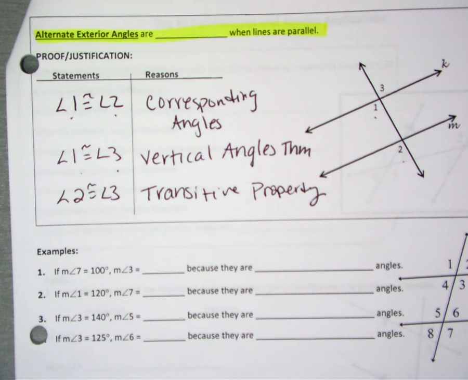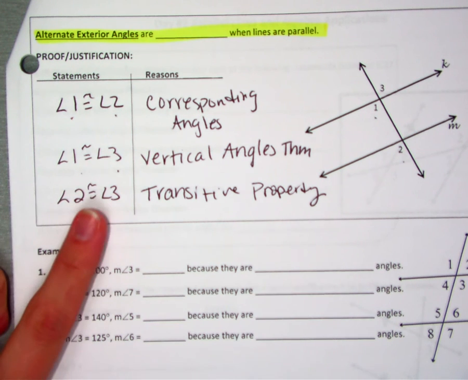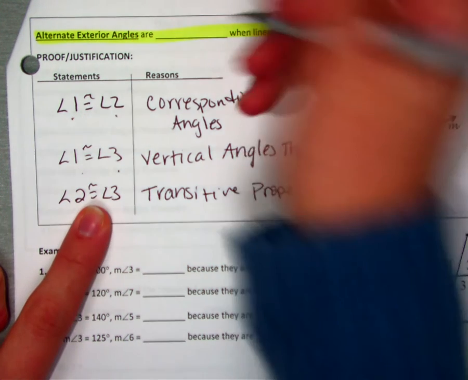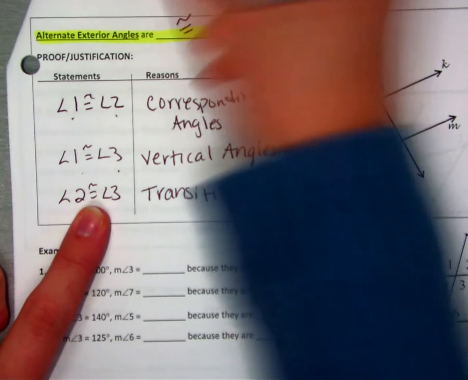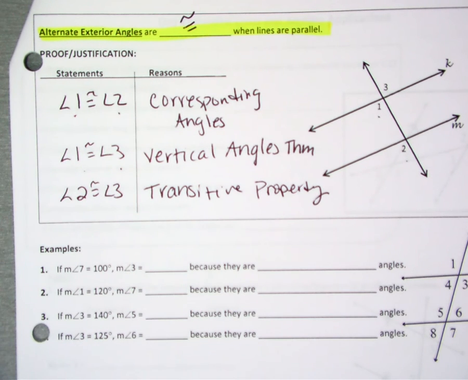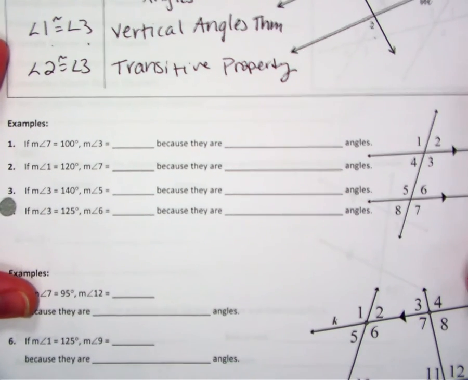But if you look at the picture, what do we know about 2 and 3? 2 and 3 are our alternate exterior angles. So what did I just say about them? They are equal to each other. So they are congruent, equal to each other when we're talking about a number. Okay. So then,